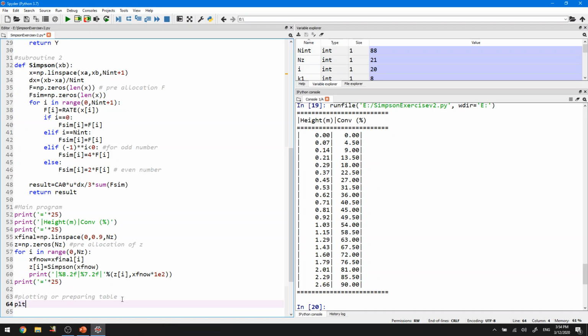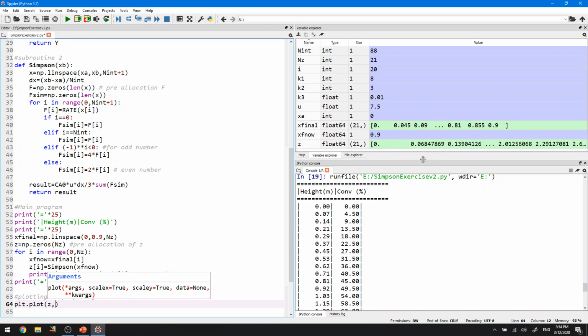We can put plt.plot, and then the x-axis is z, and the y-axis is x final, because we already have z here. We can take x final as the y-axis, and then we can put a red symbol, and then marker